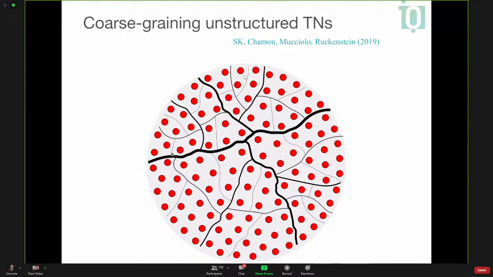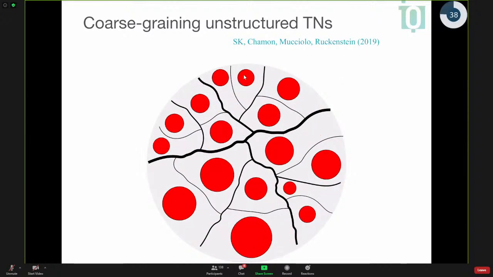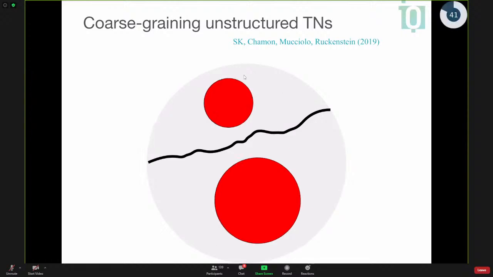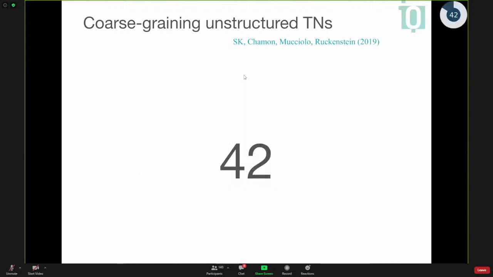Once you have done this once, then you repeat the process to build this separator hierarchy that I show here. And then once you have done that, then you can start contracting all the neighborhoods, one after the other. Your tensors get bigger and bigger, but you can control their growth by having chosen these cuts to be as short as possible, meaning these separators. And then in the end, you'll get your result of the simulation or the computation.